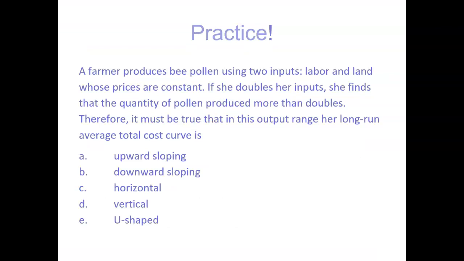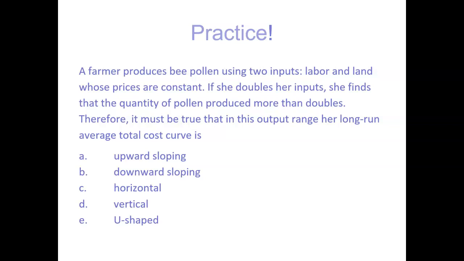A farmer produces bee pollen using two inputs, labor and land, whose prices are constant. If she doubles her inputs and she finds that the quantity of pollen produced more than doubles, we would call that increasing returns to scale. So if the question asked about that, that's what's happening here. Therefore, it must be true that in this output range, her long run average total cost curve is